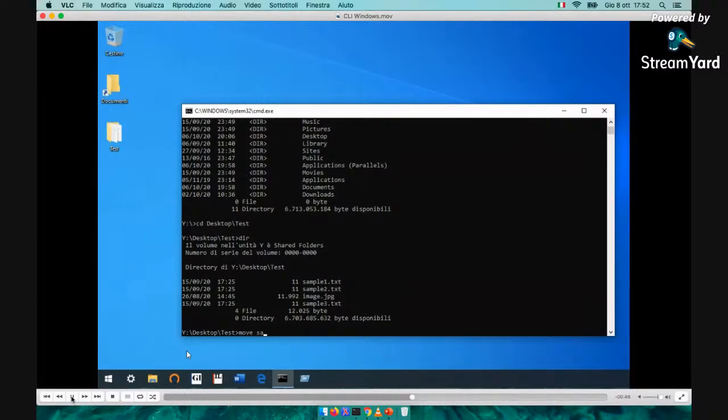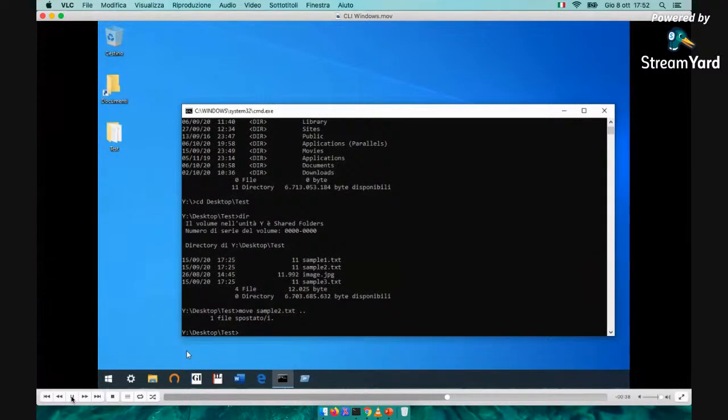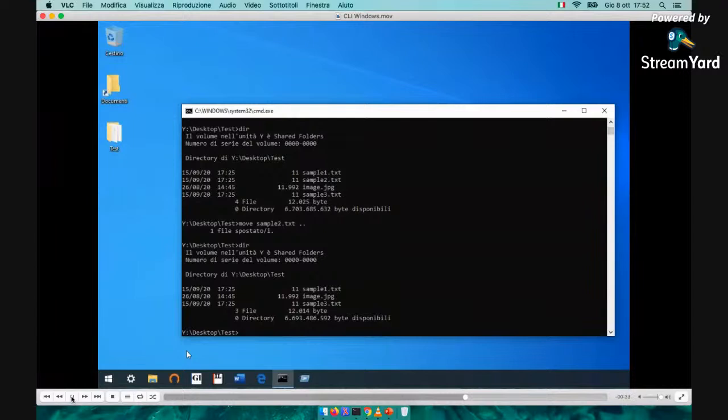And here I use move for moving sample 2 to the parent folder. So here, if I look again inside the folder with dir, I can see that sample 2 is gone.